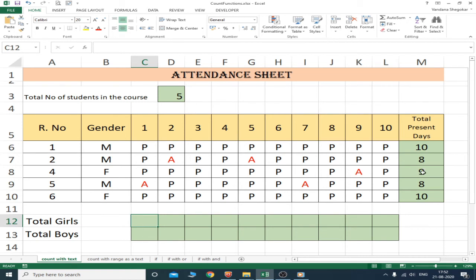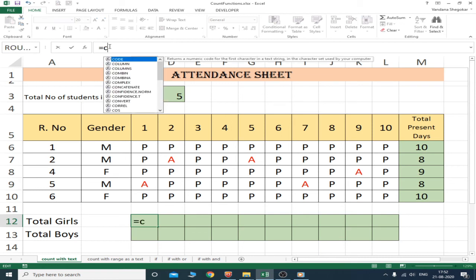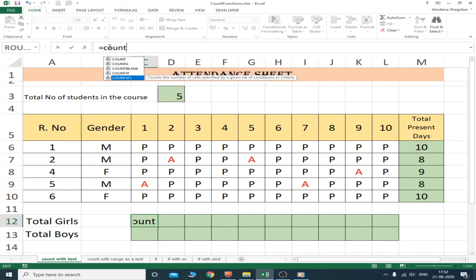Here there is not a single criteria like the COUNTIF function, where we have only one criteria. Here we have multiple criteria. So in such cases we will be using the COUNTIFS function. So we will use COUNTIFS, and as you can see here, criteria range 1, criteria 1, these dot dot dot means that you can continue to put your criterion and your criteria ranges. So first criteria you can select either this or this. I'll go with this. My first criteria range is for gender, and this cell is meant to calculate for girls, so I will write here female.